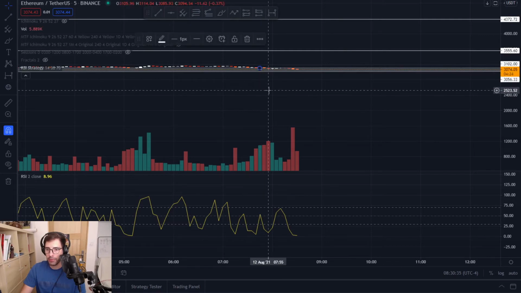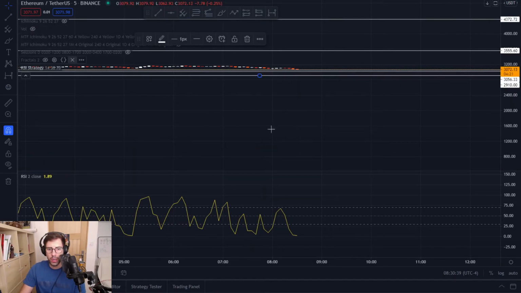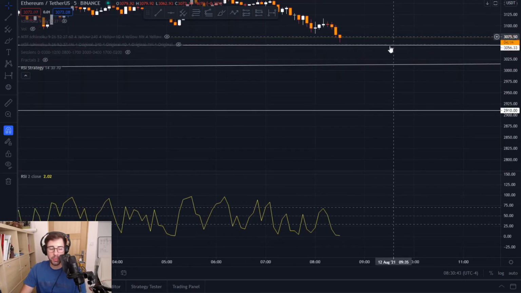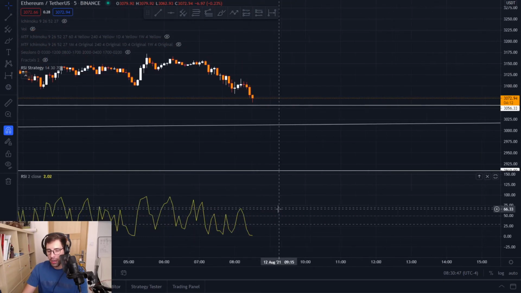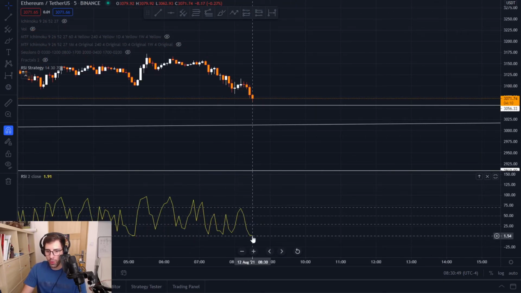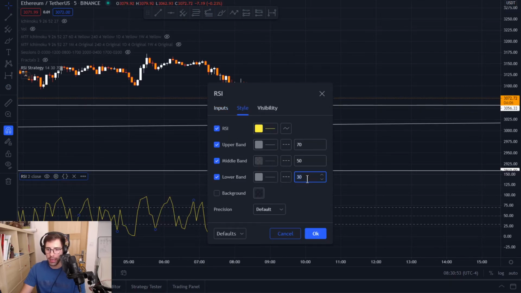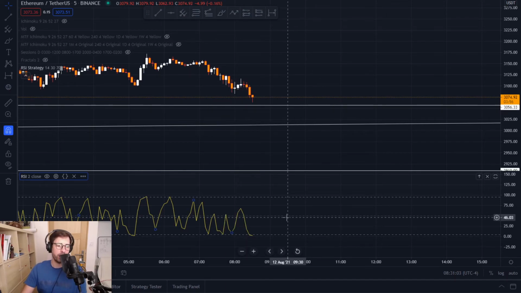Pop. What happened here? I like to remove volume. I'm not sure what happened. What happened is simply that I'm on a 5 minutes time frame. Okay, so you see it's way down here, and also you change your RSI bands. Lower band, you put it at 5 if you are using RSI 2, and higher band 95, and the middle band you can leave it if you want, doesn't matter, as you wish, guys.